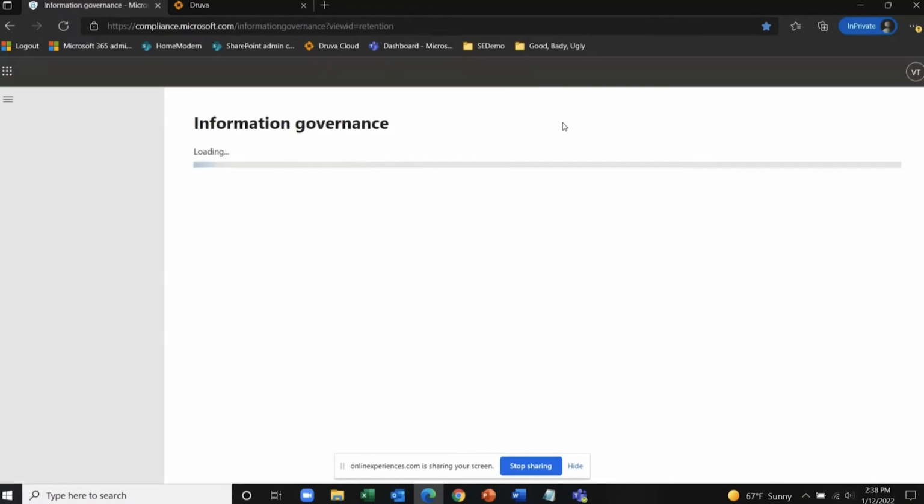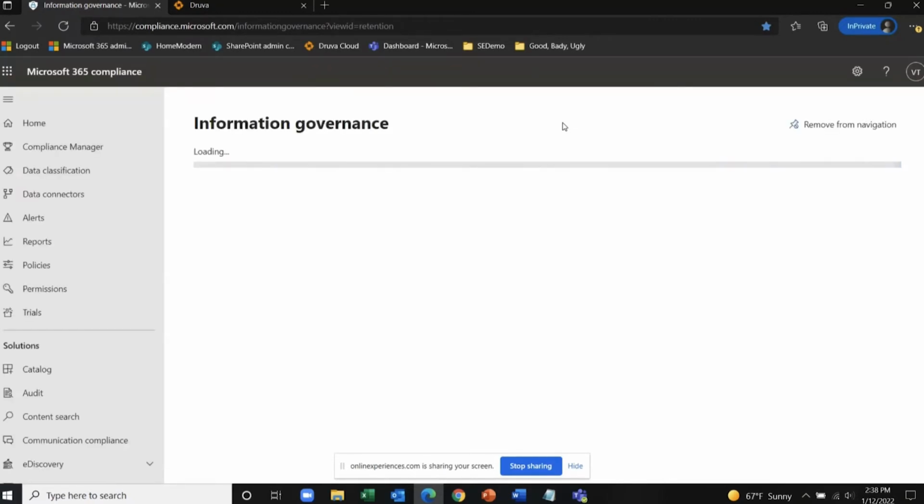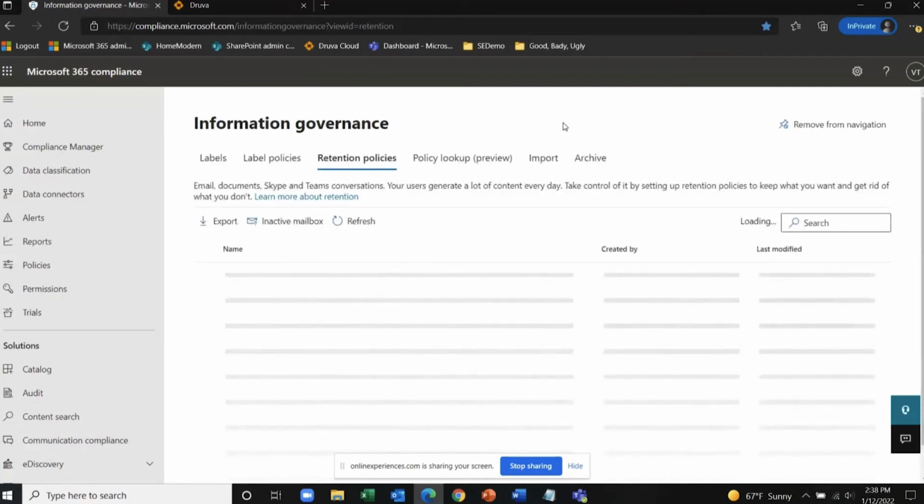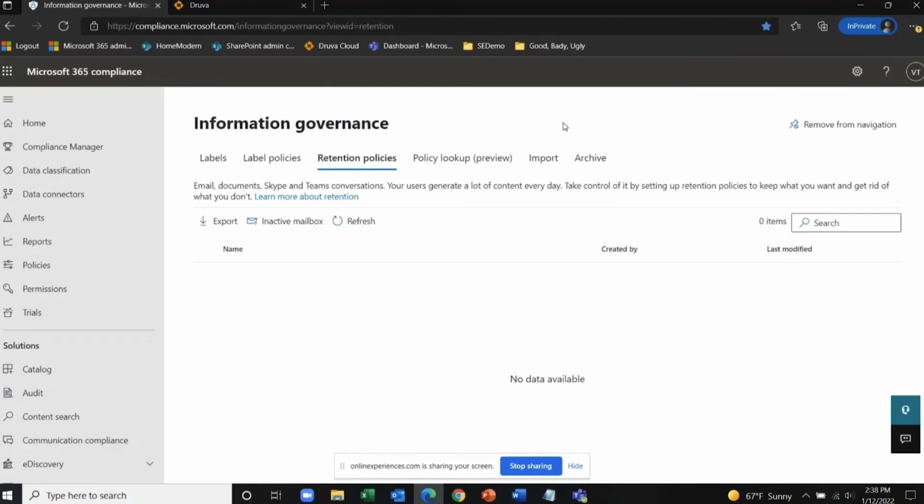All right, I think it's the same link here. Let's go to our governance. Now, in the compliance world of 365, it's an umbrella. And in that umbrella, you create a policy that can be applied across applications, whether it's for all SharePoint sites, for something with a particular pattern, or for something after so many years. So when we're looking at our retention policies, which I think I'm in the wrong,